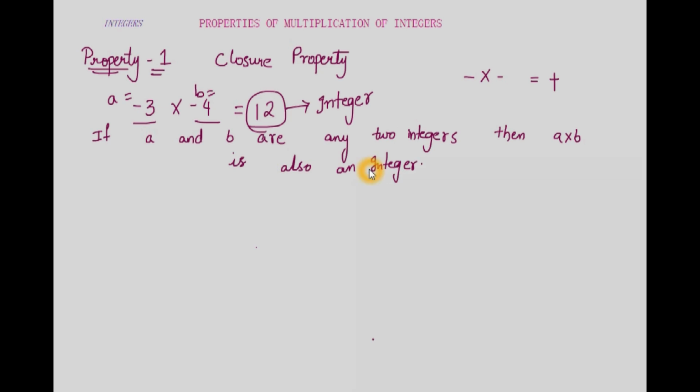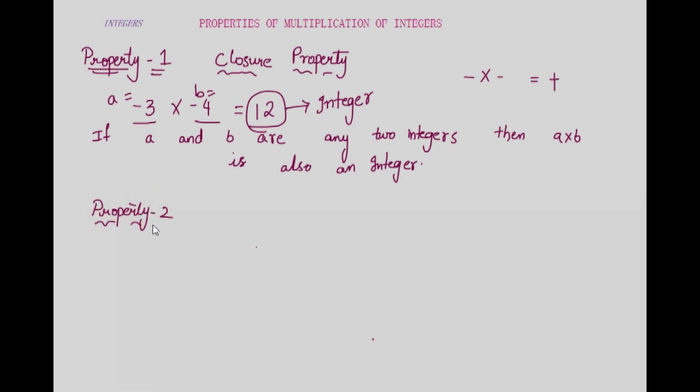So, what we can conclude? Product of any two integers is also an integer. This is called closure property. This property is called as closure property. And the next property,